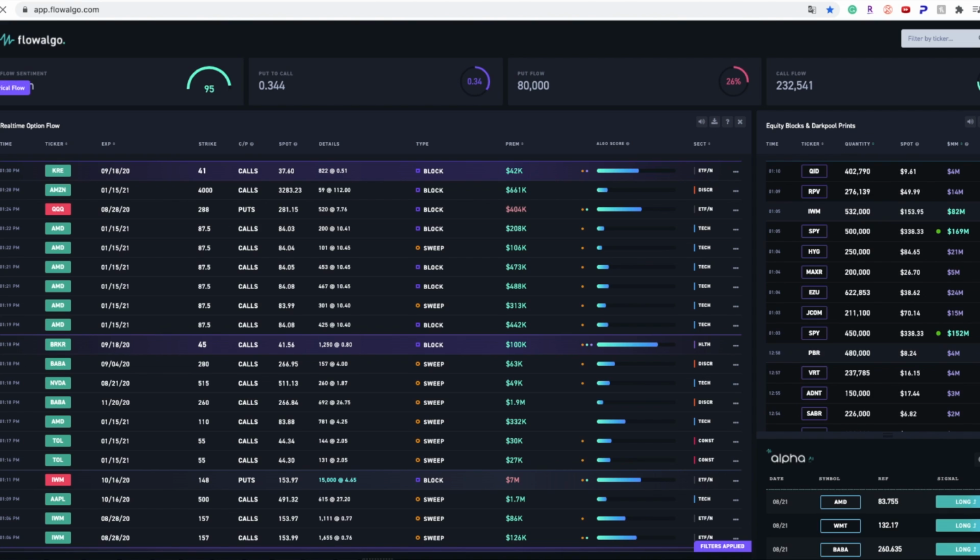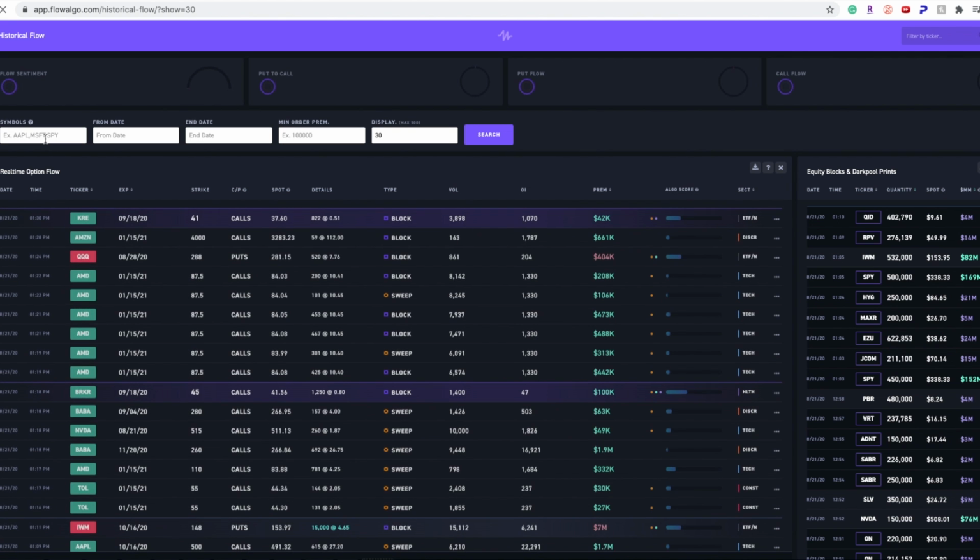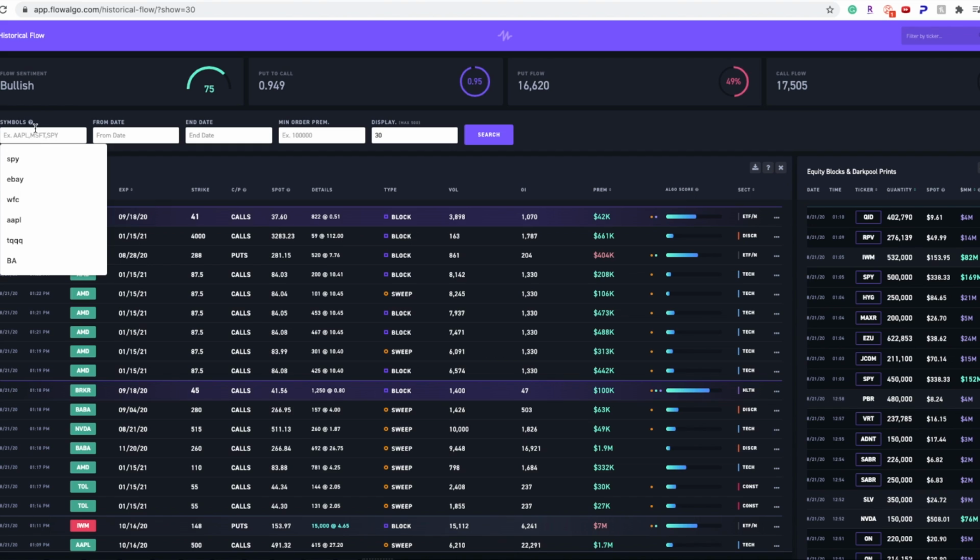So it's very, very useful to look back at the dates and see what happened on a specific day. One specific one was FISV, that's a ticker symbol. You can type it in, and you can even do specific dates and also the amount of premium and display how many were calls. So I could just do about 40 if I wanted to show how many calls and puts were coming in. So I put in search,